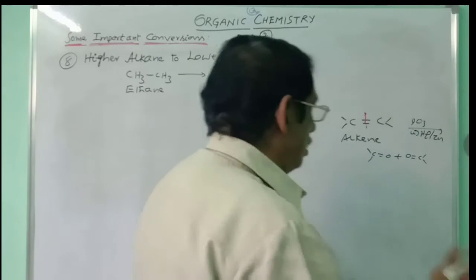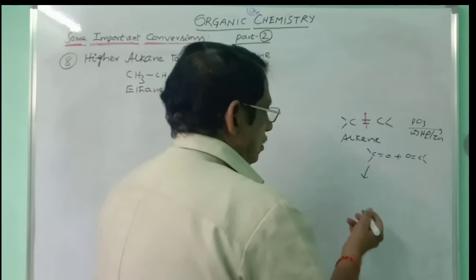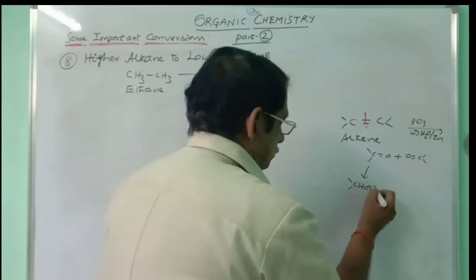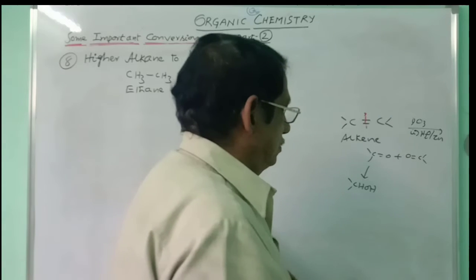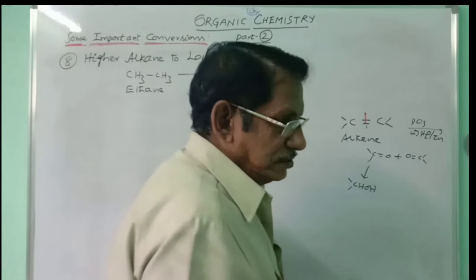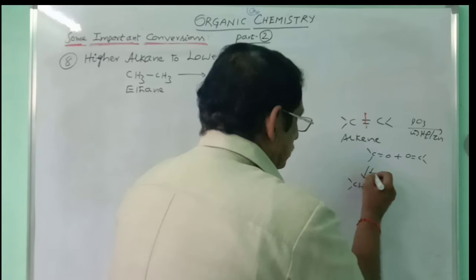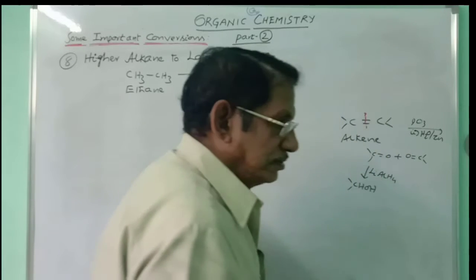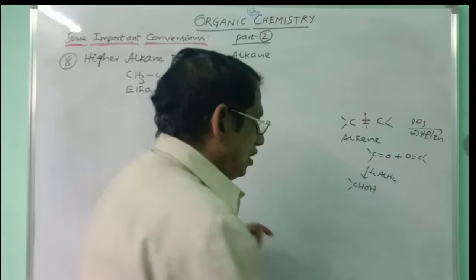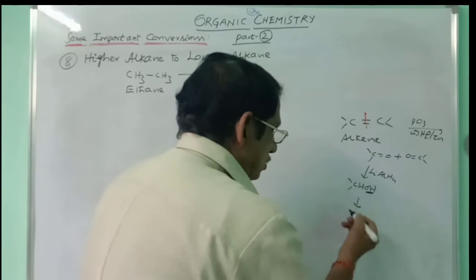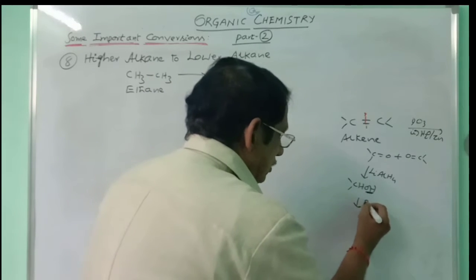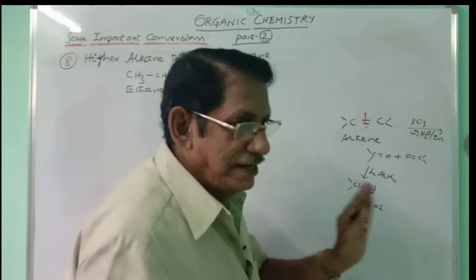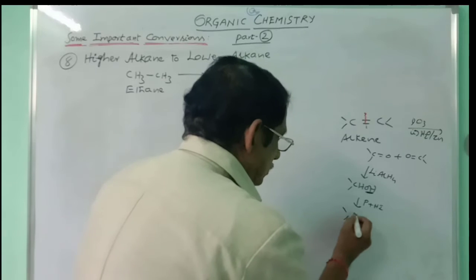That C double bond O, an aldehyde or ketone, can be converted into alcohol, CHOH. For that conversion, reduction, you can take directly the selective reducing agent lithium aluminum hydride. Then CHOH, the OH can be converted into H just by treating with red phosphorus plus HI. Red phosphorus plus HI. Thereby it will be converted into CH2.